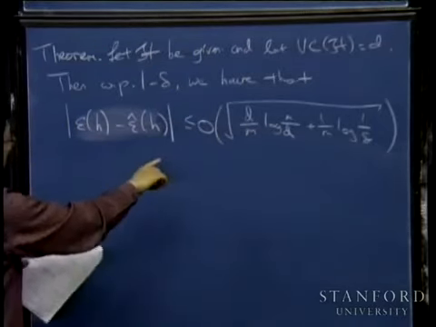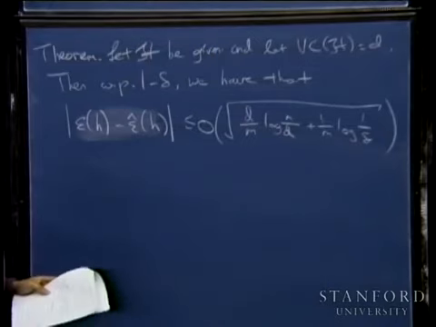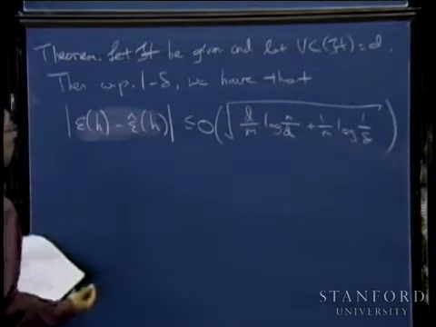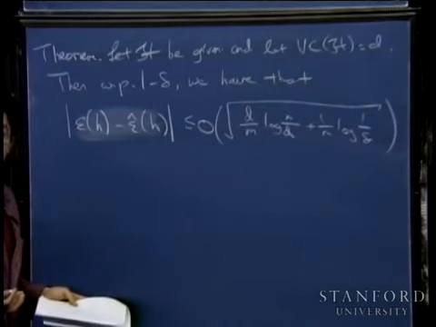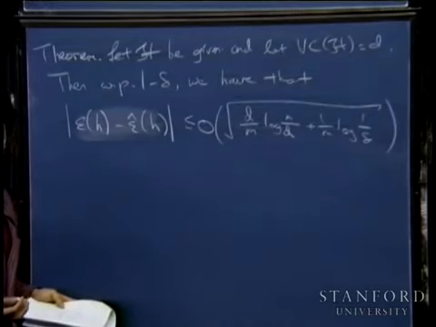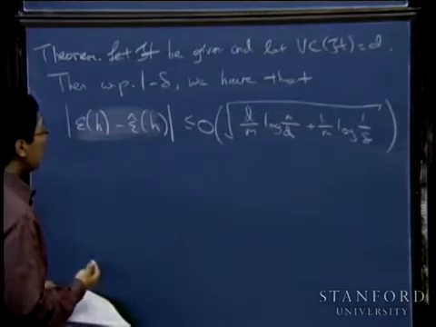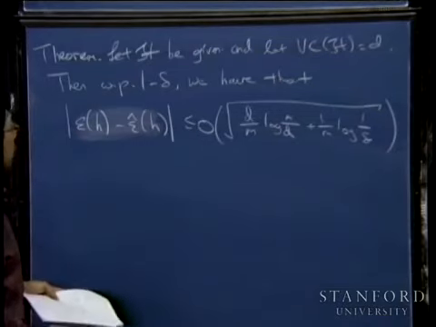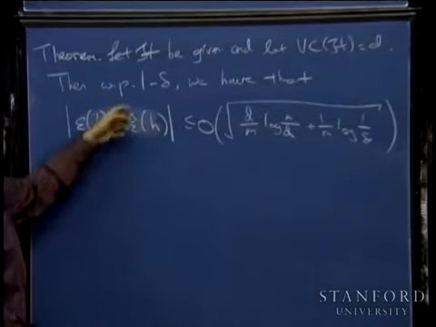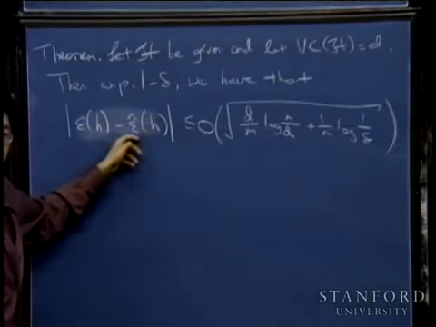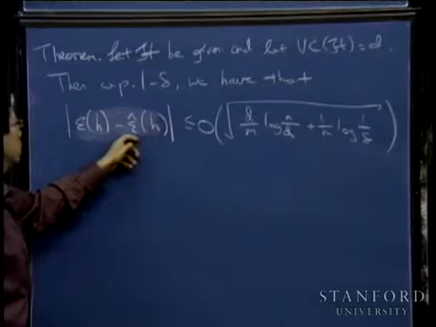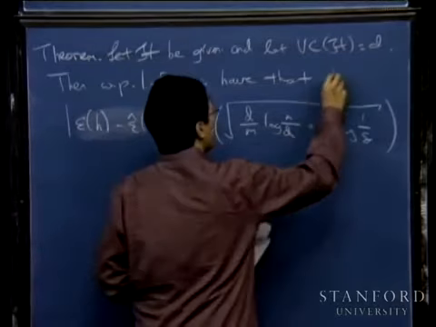I'll point out the essential aspects of it later. But the key to this result is that if you have a hypothesis class with VC dimension D, and this can be an infinite hypothesis class, what Vapnik and Chervonenkis showed is that with probability at least 1 minus delta, you enjoy this sort of uniform convergence result. We have that for all hypotheses H